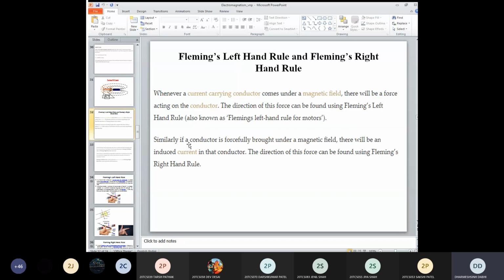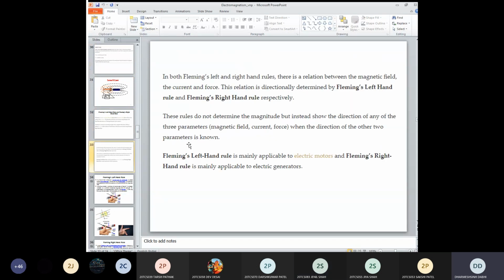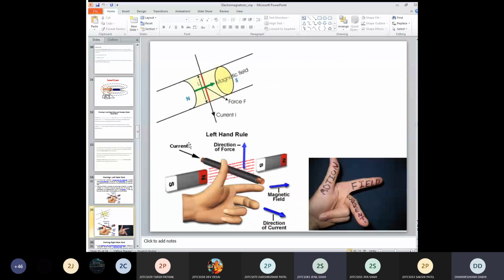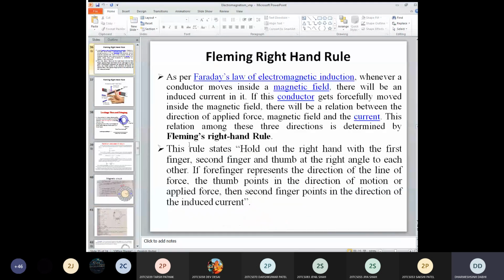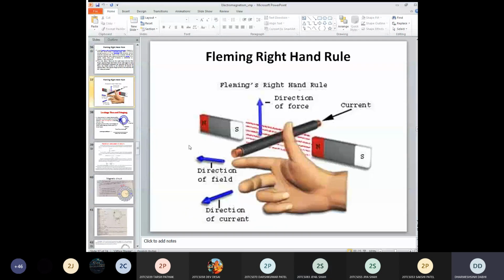Then we have seen the left hand rule and right hand rule, and we have seen the video regarding this: how you can see the direction of magnetic flux, current and force, and where we apply the right and left hand rules. As we know, the left hand rule is applied for electric motors and the right hand rule is applicable for the electric generator. Clear? We have seen the statement regarding this, and this is the representation of how you can show the left hand rule and give the direction of magnetic field, direction of current and direction of force. Here I am not going to detail. Same way the right hand rule.